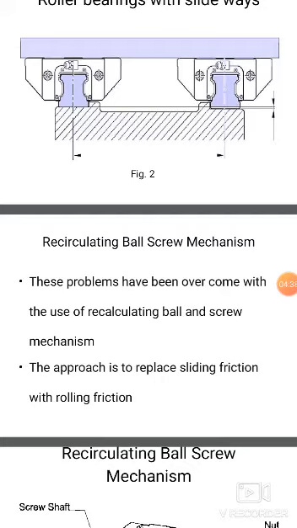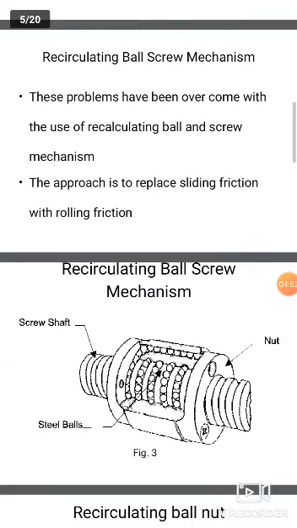In conventional machine tools, square threads are normally used for this purpose. In the case of reciprocating ball screws, the nut is replaced by a series of balls which circulate in a channel. So it has recirculating balls with a nut, which rotate in a series of channels in the form of threads, one thread after the other. That is called a circulating series of channels, resulting in high efficiency rolling motion.